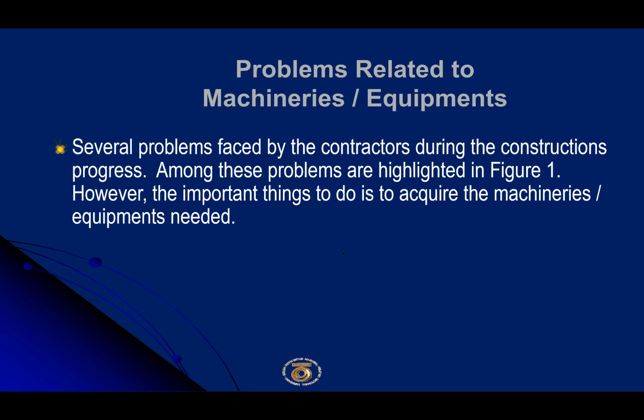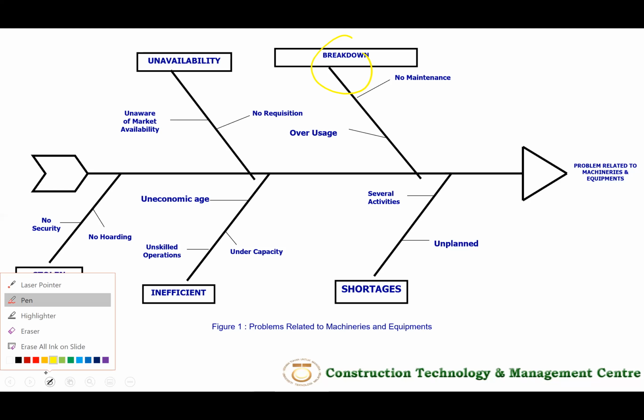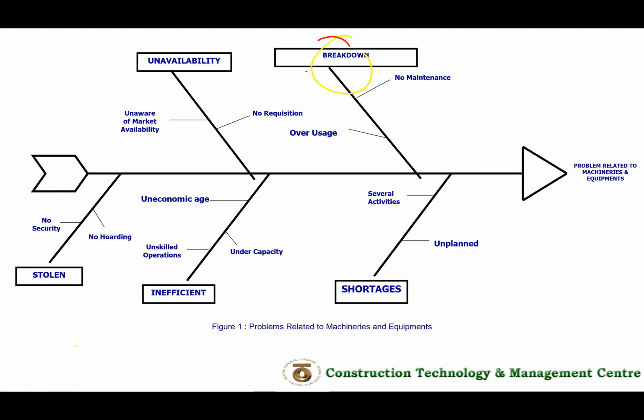Several problems faced by the contractor during the construction can be seen in this fishbone diagram figure. For instance, breakdown. This is very common. Machine breakdown. Why does machine breakdown exist? Because there is no maintenance, or even I would say maintenance culture, in Malaysia,